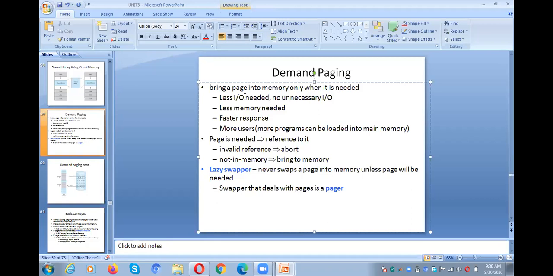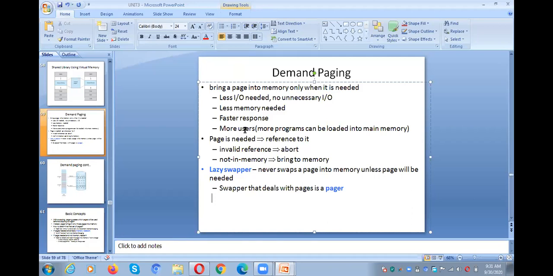That is why only some pages of a process are moved to the main memory, so that we can keep multiple processes in the main memory. If we keep more processes in the main memory, automatically the CPU utilization as well as the throughput will be higher. Whenever the throughput is higher, the system performance also increases, so it will be a faster response.